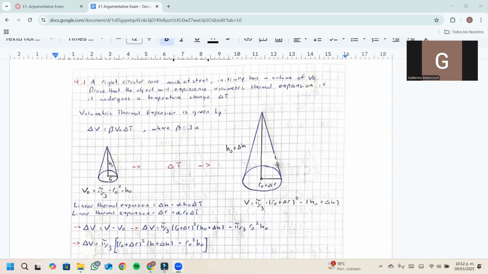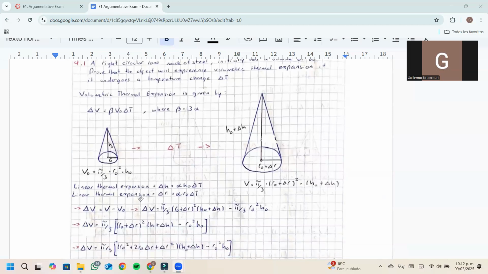Here in the image, we can see that at first the volume has a height of h0 and a radius of r0. Then it experiences a delta of temperature, and then the new height is h0 plus delta of height, and the new radius is r0 plus delta of radius. We can see on the bottom of each cone its respective volume formulas, and then we got that the delta of volume is given by volume minus initial volume,